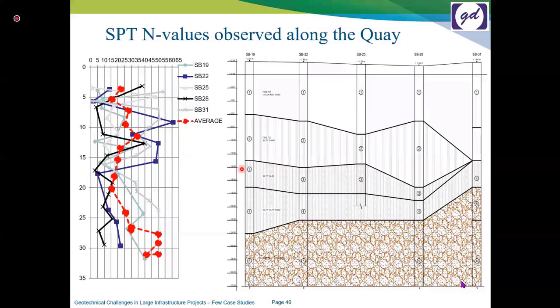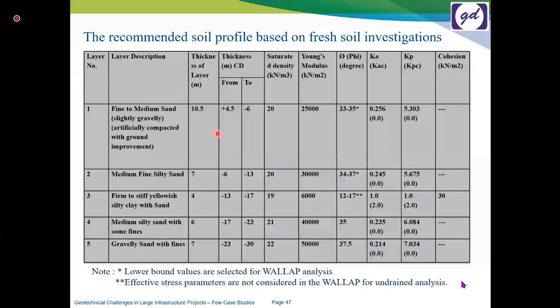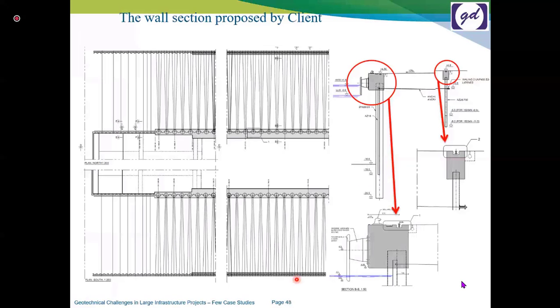Now, if this particular clay layer is very weak compared to what has been preliminarily assumed, then there are some design implications. So we carried out our own analysis based on the new data. With the new data, if you see, I use a cohesion value of 30 kilopascal compared to 100 kilopascal, and then we use MSheet and WALAP for finding out the maximum variation in the structural forces.